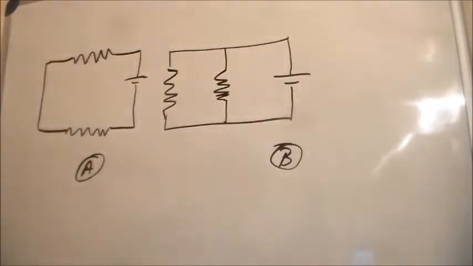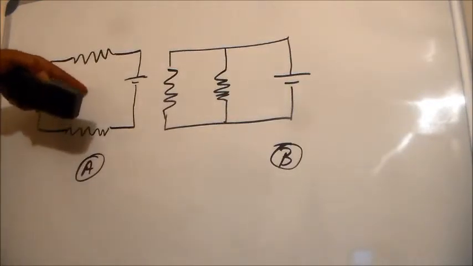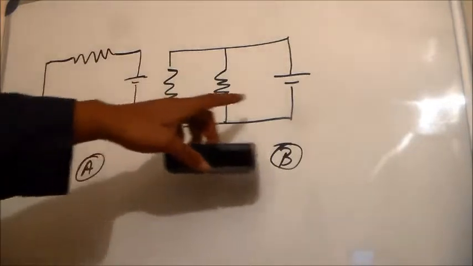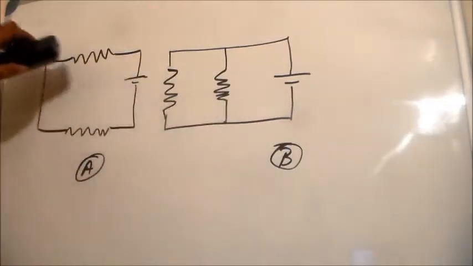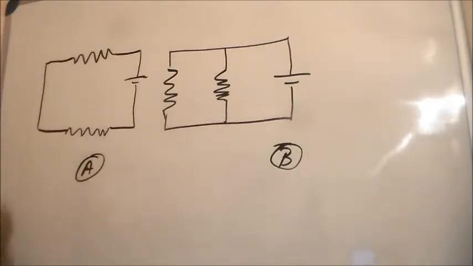Okay. So they want to know which circuit has the most resistance, and that would be circuit A. Again, if you looked at the video, you would know how we would come up with that. Now, in this question, they're not really giving you any numbers. They don't give you the voltage of the battery. They don't even give you the resistor values. So what you got to do is just kind of